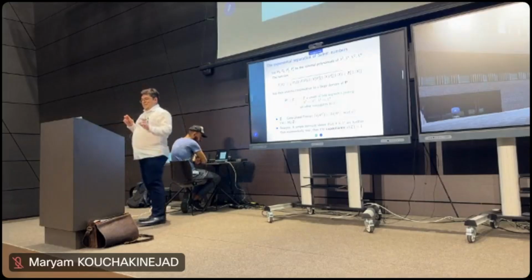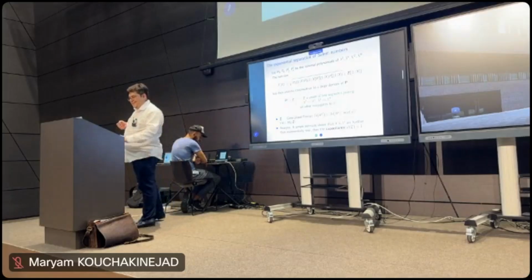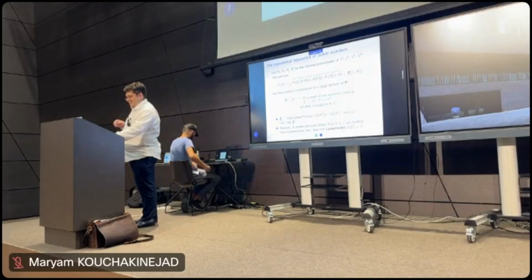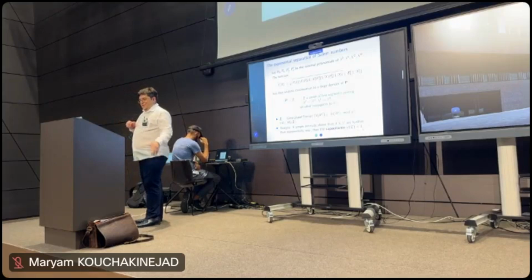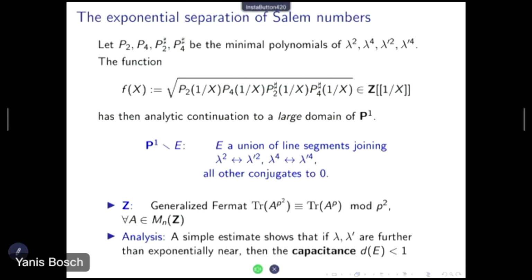belongs to these things I try to call rings of regular functions on formal analytic arithmetic surfaces that are pseudo-concave. In this case, this definition is the capacity. The set E is small enough for that. So in this sense, it means the capacitance of E is less than 1. In that case, we have a contradiction with Pólya's theorem. But a simple estimate shows that if this lambda prime is more than this exponential bound that I stated, this capacitance is less than 1. So this is basically a separation bound